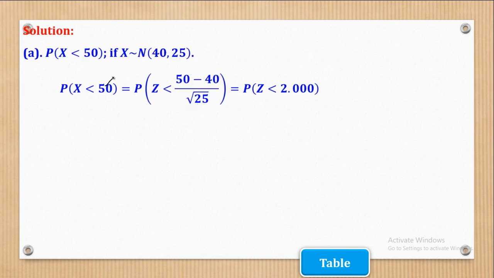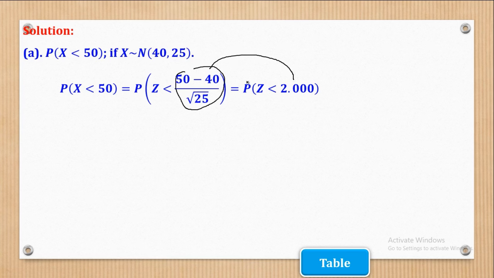In this case, the x value is this 50, which is given in the question, and the mean is here. Remember we said if this is capital N, it means that this first value is the mean and this one is the variance. But a good thing is we know that standard deviation is the square root of variance. So to get standard deviation, you get the square root of that value and put it there. The next is to use a calculator. When I use a calculator to simplify this part, I'll come up with